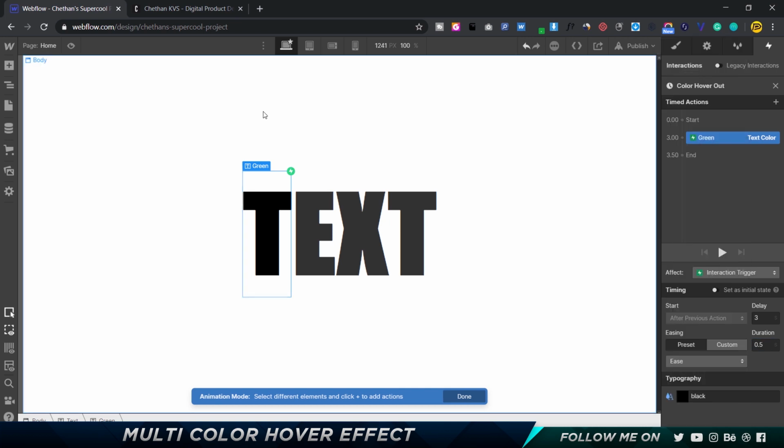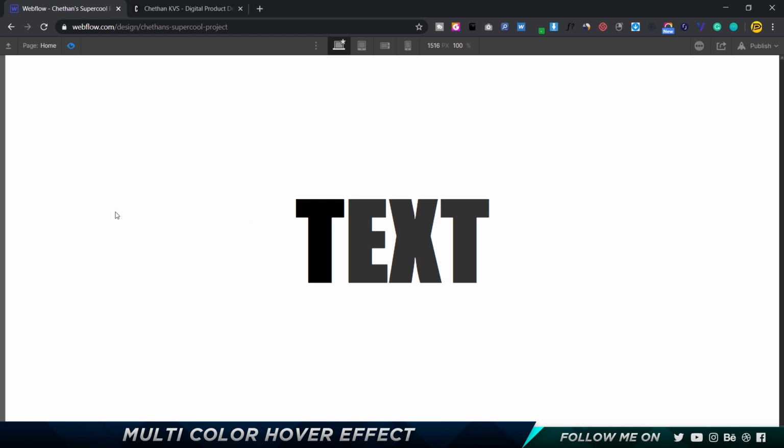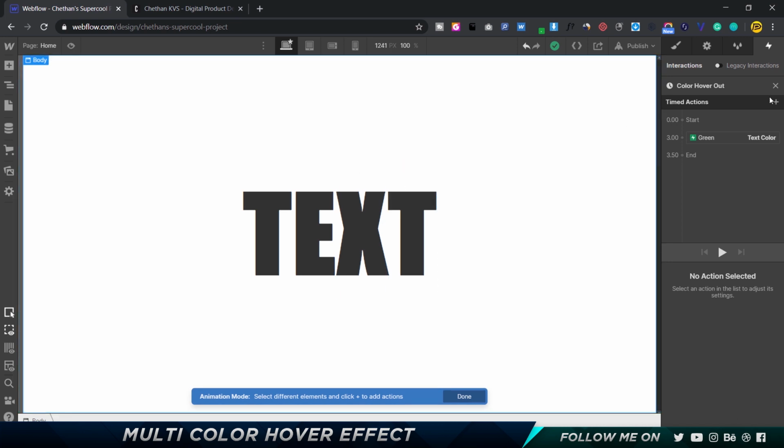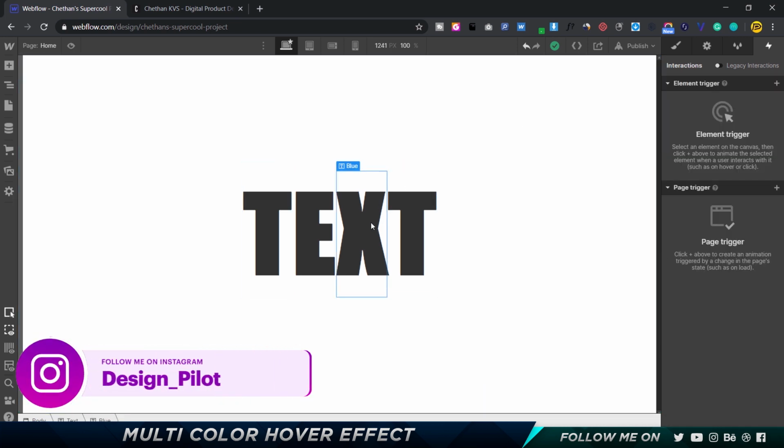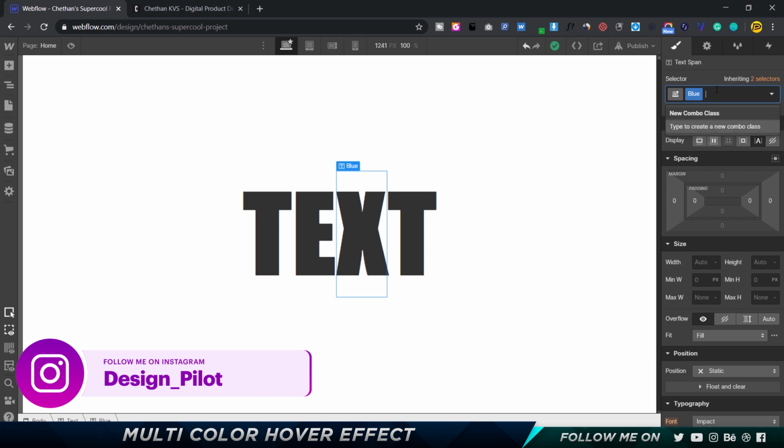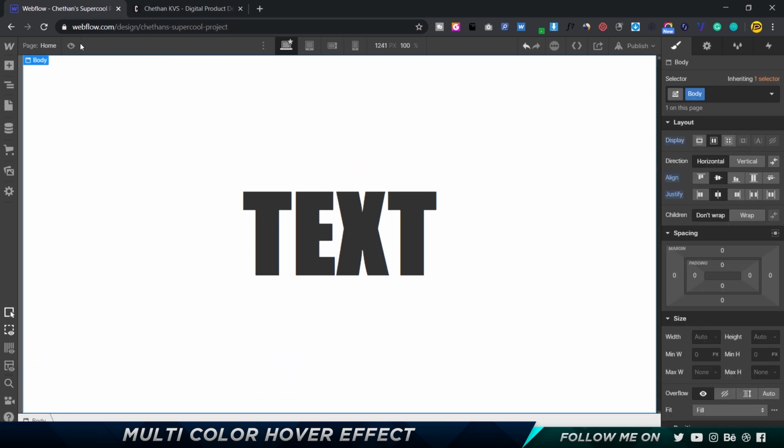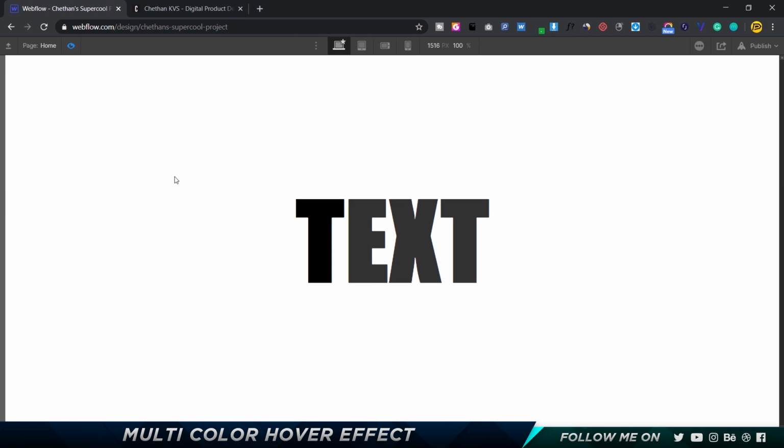All right, so let's take a look at how this looks. All right, so when I hover, you can see that it becomes green, and when I hover out, it's going to take 3 seconds, and then it's going to go back to the normal default color. Pretty cool. Now let's set the blue that we have over here also to green. All right, okay, and now let's see what happens. Okay, so I hover, you can see it's perfect, and I hover on this, nothing happens because we actually haven't added any